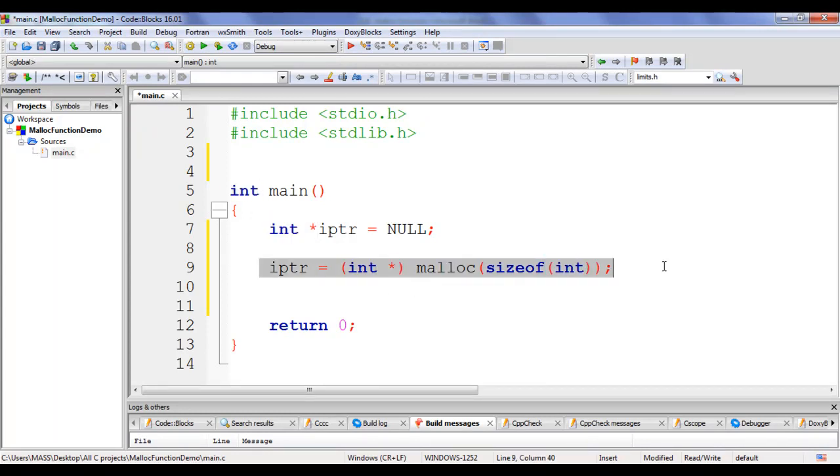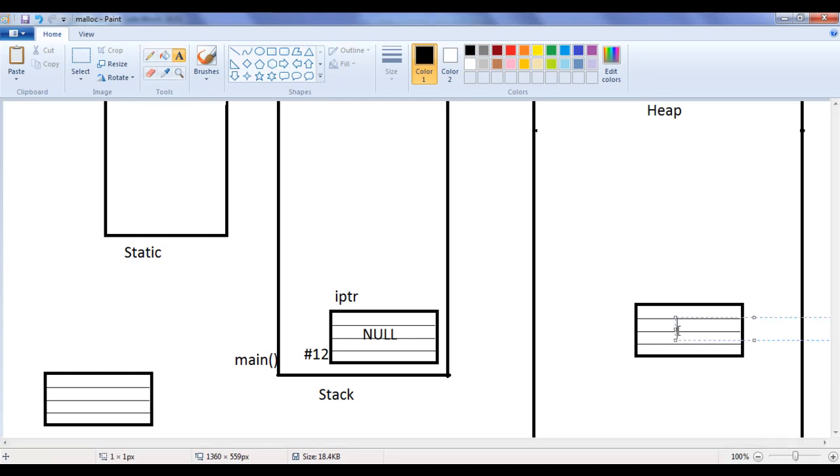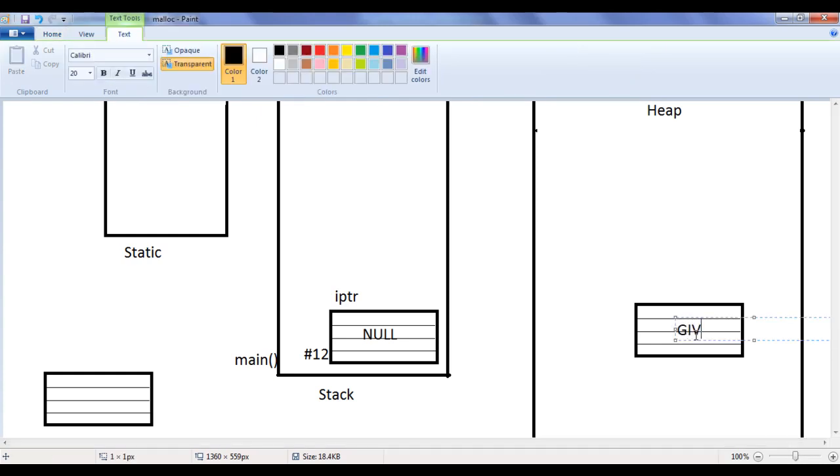What happens when this line of code is executed? malloc allocates a memory block of size 4 bytes within the heap memory. In this memory block we have 4 memory locations, each of size 1 byte. So 1, 2, 3, 4, total 4 bytes. It initializes it with a garbage integer value.